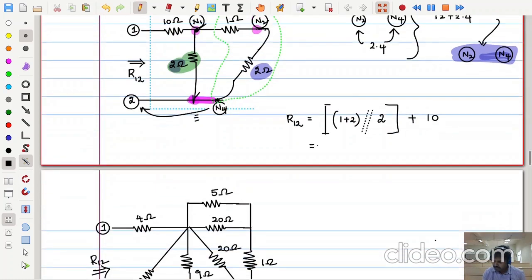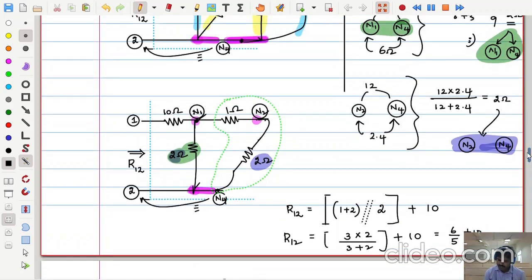Now in the mathematical equation, I will say 3 in parallel with 2 means 3 into 2 divided by 3 plus 2, plus 10 which is in series. How much is this? So 6 by 5 plus 10. This is R1. If you are getting confused with this expression, you can take one more step, but you should make a habit of writing the expressions in this simple way. Got my point? Shall I make one more step circuit diagram? Do you need? I hope it's not required.